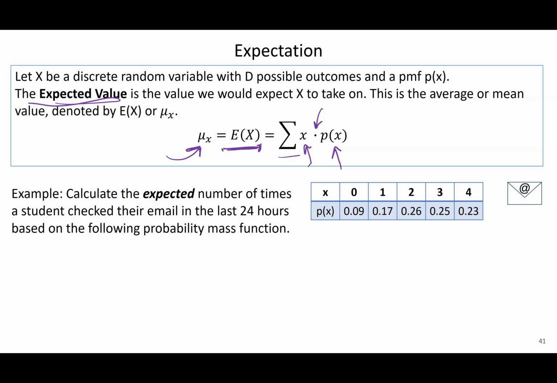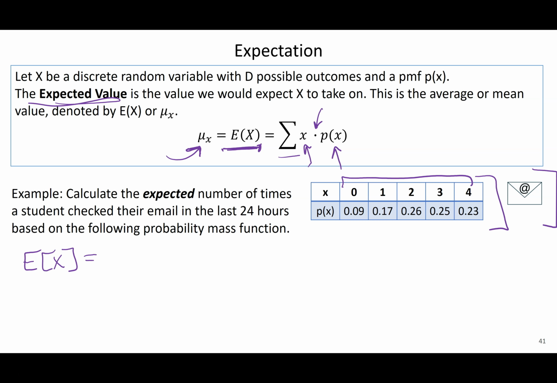That is average. So for the email example, we might want to calculate the expected number of times a student checked their email in the last 24 hours based on this PMF. What this is saying is, given the results from the survey, if you took all of the students, on average, how many times was the email checked in the last 24 hours across all the students? Right off the bat, I can tell you it'll be somewhere between 0 and 4. It's not going to be equal to 0 or equal to 4. So if I want my expected value here,